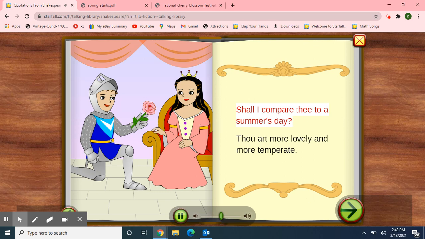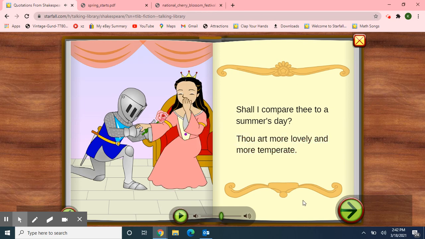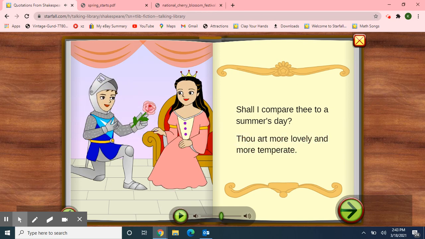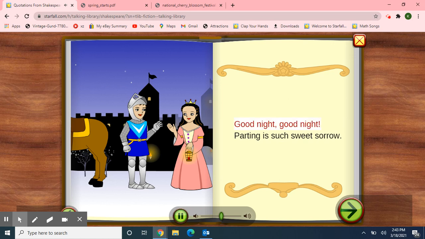Shall I compare thee to a summer's day? Thou art more lovely and more temperate. I am constant as the northern star. Good night, good night.